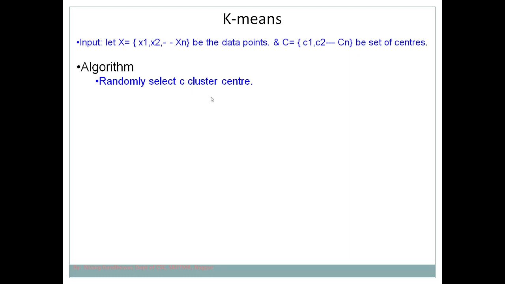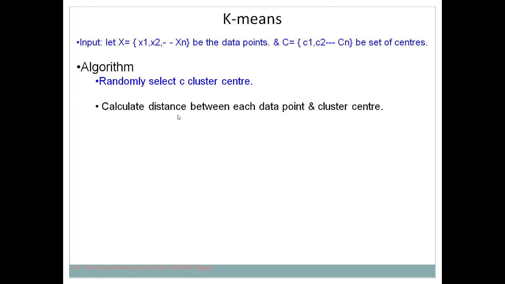It is just like when you try to find the largest number in an array, and initially you don't know. In that case, you randomly select the first value as the largest value and then compare. The same thing we are doing over here. We don't know exactly what the center is, so we take a random value.